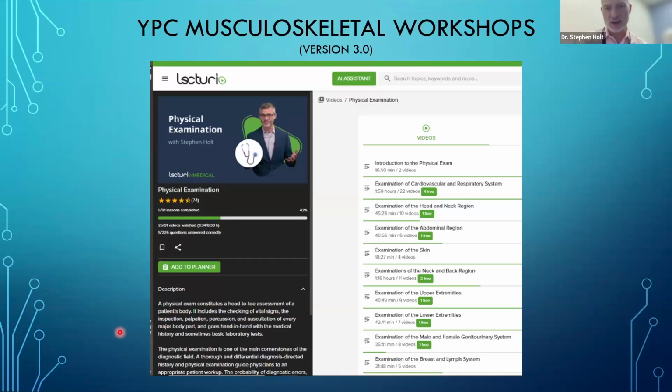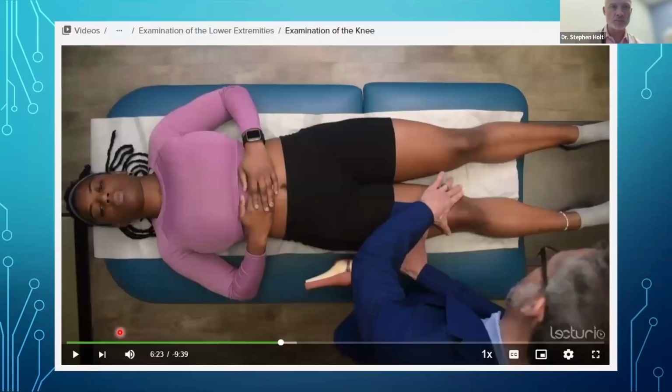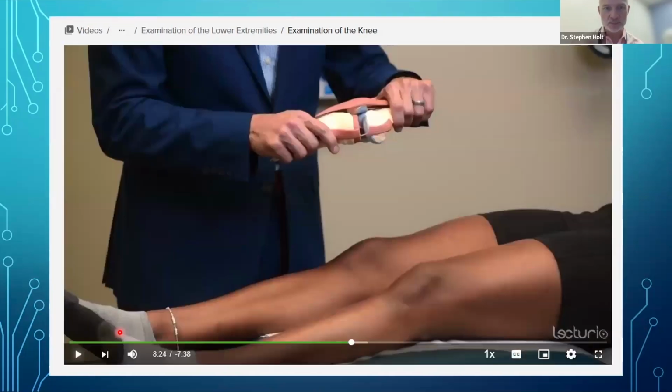And so this is the entire physical exam course, but in particular, I wanted to focus on the musculoskeletal component. When we recorded these videos, they had multiple camera angles, so you could actually see me doing, for example, patellar ballottement, which is being shown here with Shayna, our standardized patient for this particular piece. And then I can do anatomical correlation with joint models coming from a different angle, talking about, in here, a medial collateral ligament tear.